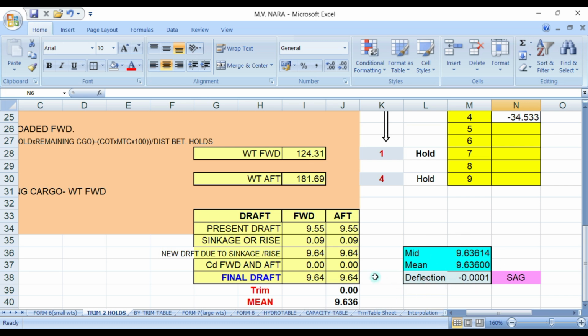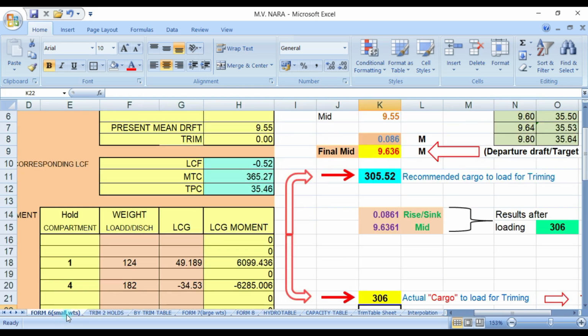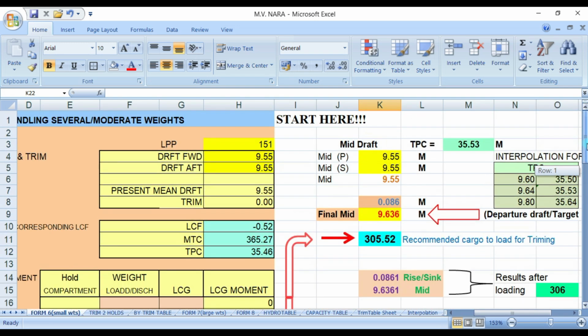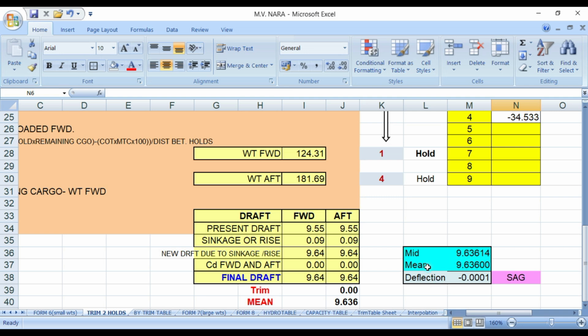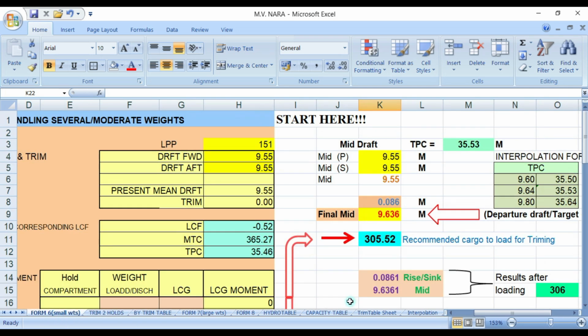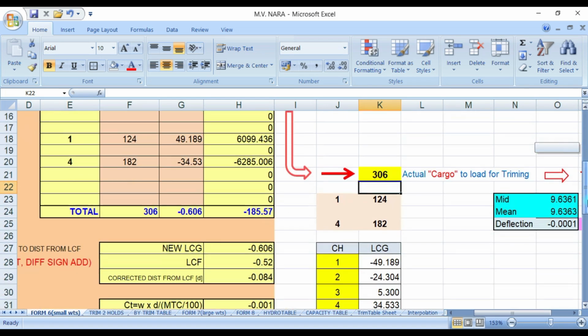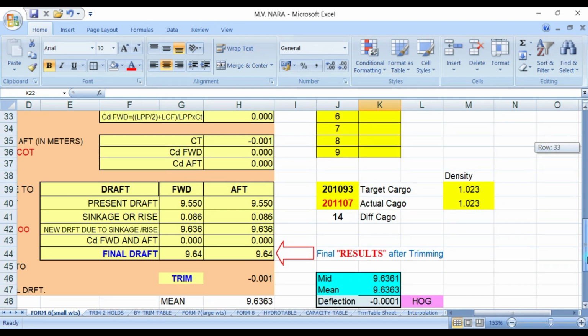Just like I said, if in the initial drop your mean drop and your mid drop are almost the same or the same figures, automatically your deflection will be zero. And you have an even keel, or same drop, of 9.64, 9.64.